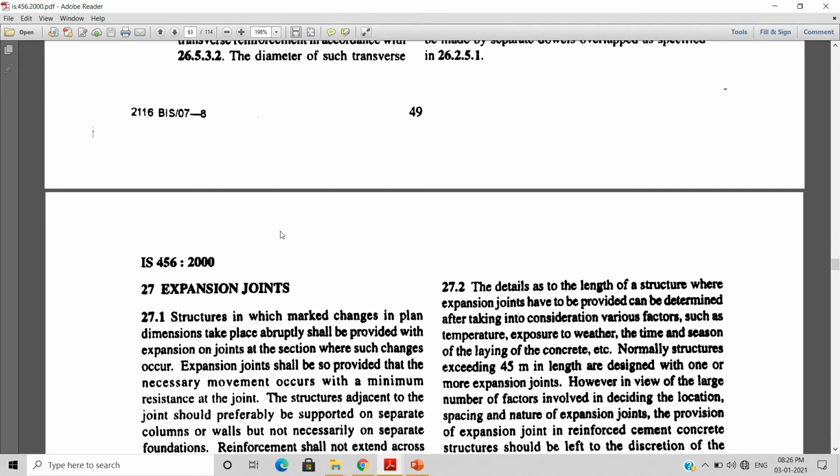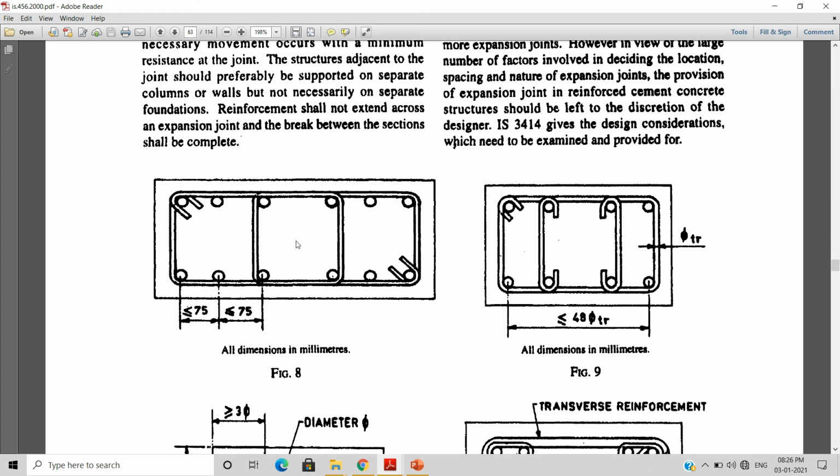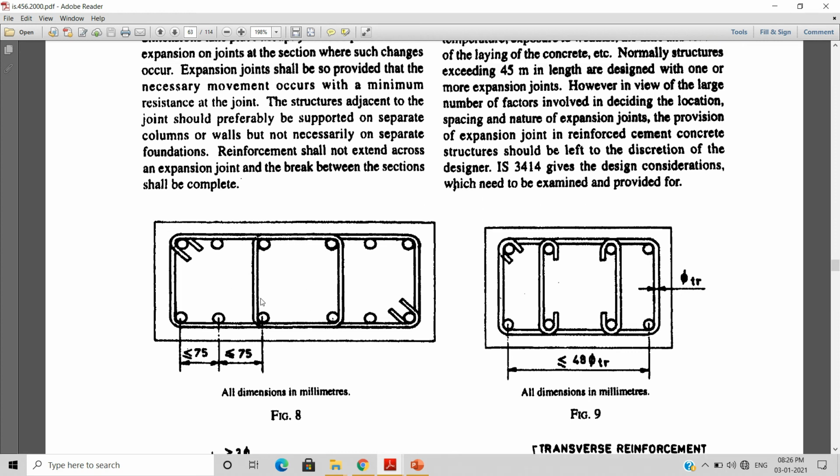So if my spacing between the bars is less than 75 mm, then I will not provide any extra tie. I will provide this kind of arrangement as shown in figure 8. However, if my spacing comes out to be more than 75 mm, then I need to provide an extra tie. That may be provided in the shape of diamond.